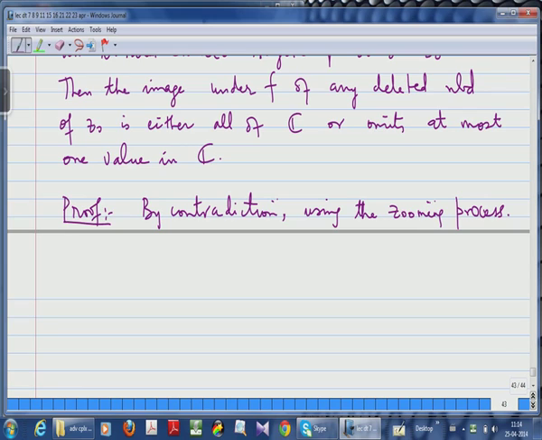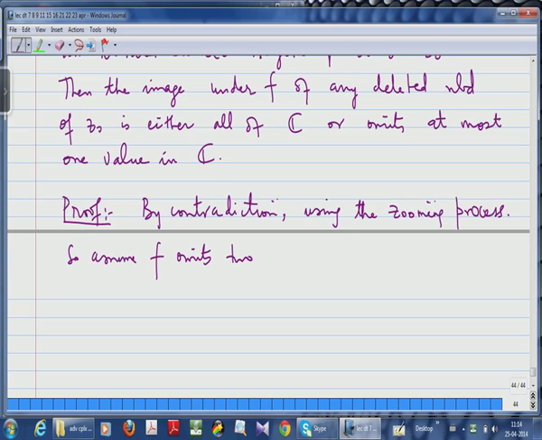And what is the main idea behind the zooming process? The idea behind the zooming process is, as you zoom into a normal point, then all the zoomed functions will converge normally to a constant function, and if you zoom to a non-normal point, then all the zoomed functions will converge to a non-constant meromorphic function, okay, that is basically the principle. All right. So what we will do is, so assume f omits